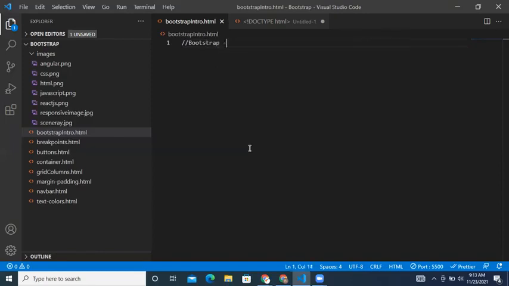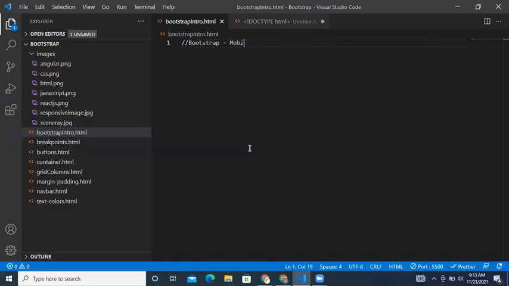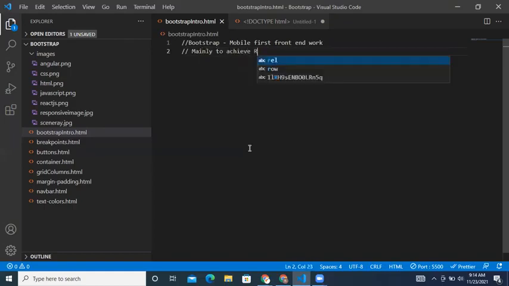Bootstrap, it's a mobile first front-end framework. It is mainly to achieve responsive